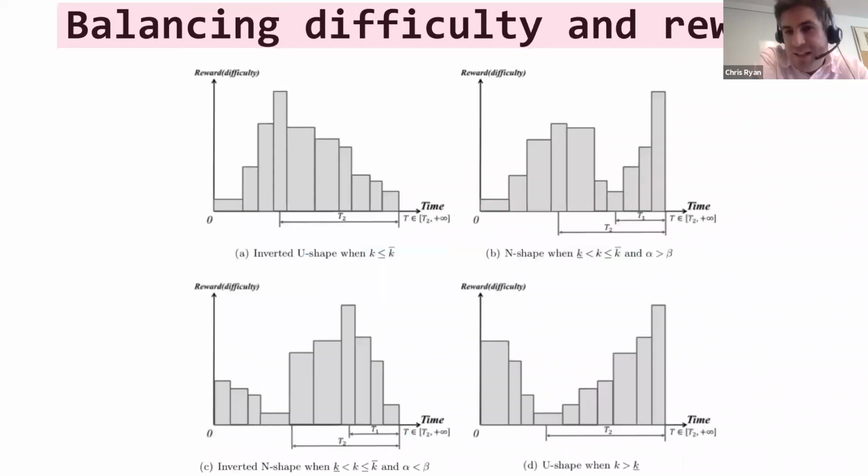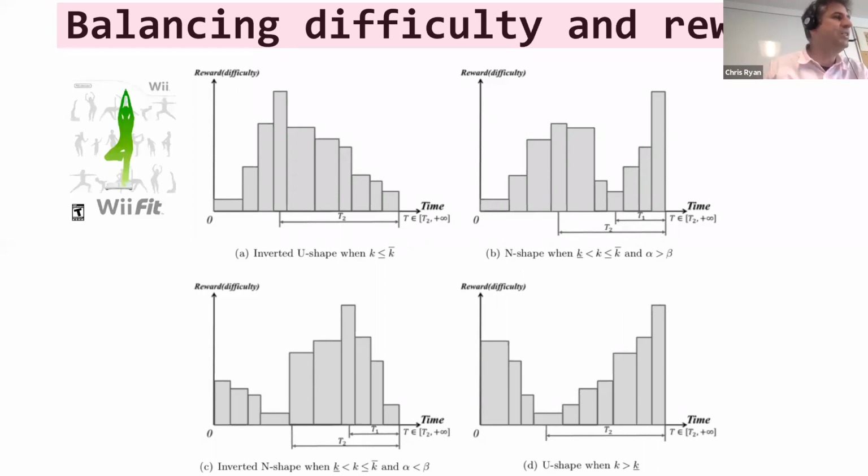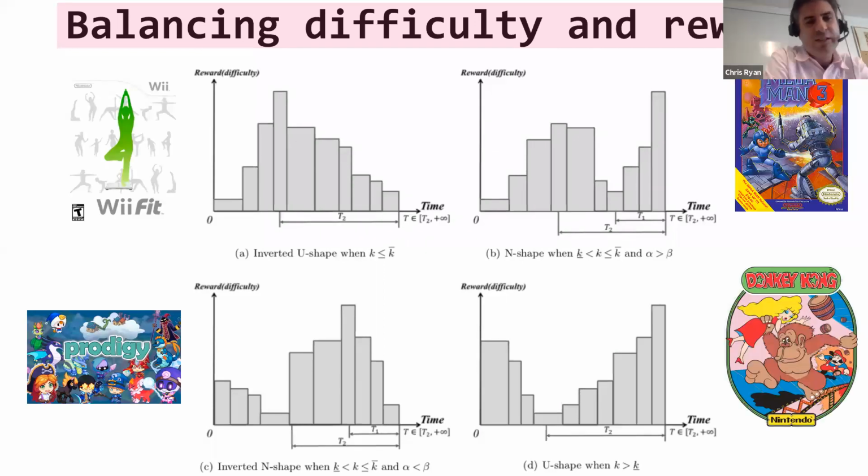But what we get out of that, I think, is something that is interesting. So when we look at this kind of utility function, we ask ourselves, what is the optimal design with respect to the different specifications of that utility function? And based on different parameters, we get different kinds of outcomes. I won't go into the details of when you get what. I just want to focus here that under different parameters, specifications about how sensitive people are to difficulty or how sensitive they are to rewards or how quickly they adapt, or how the range of the difficulties of the game elements compares to their rewards,